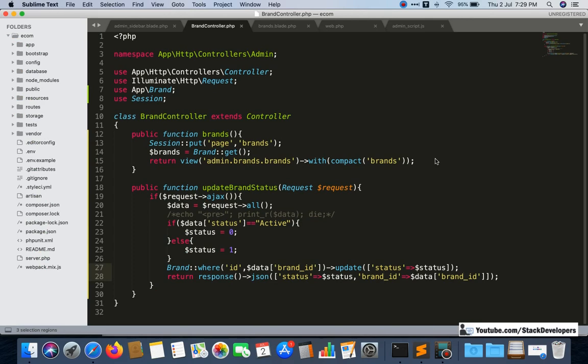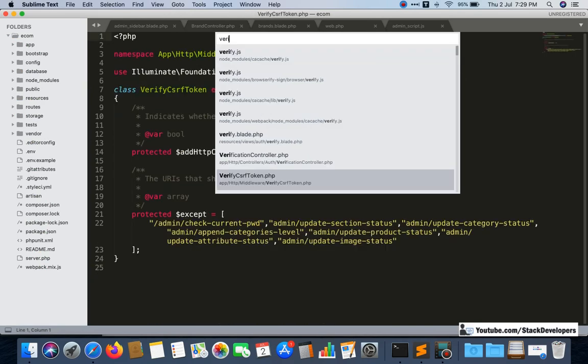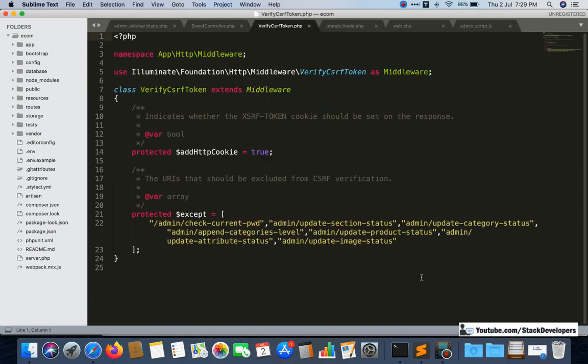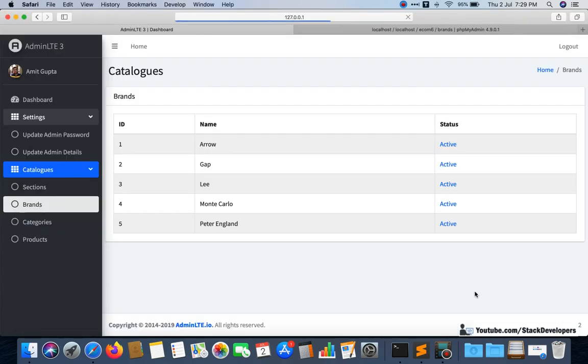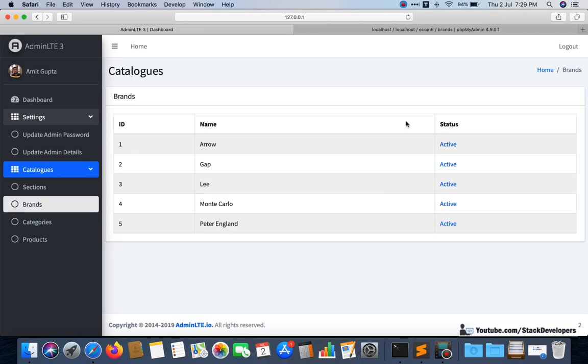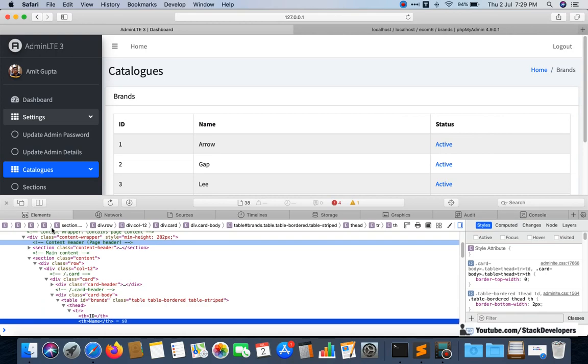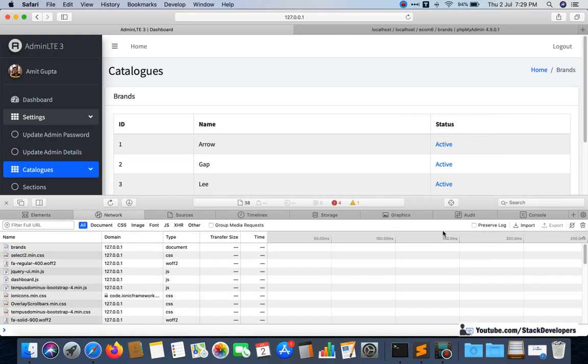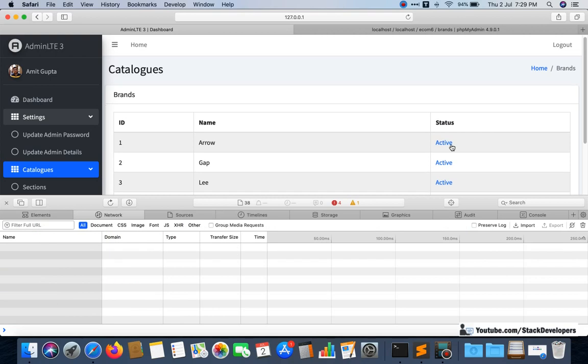See, the error has come up. I want to add this under verify CSRF token as well, and here also we need to add update brand status. Okay, now we will refresh once again and see. Still the error is coming. I need to debug now, inspect element, and check where the error is coming from.